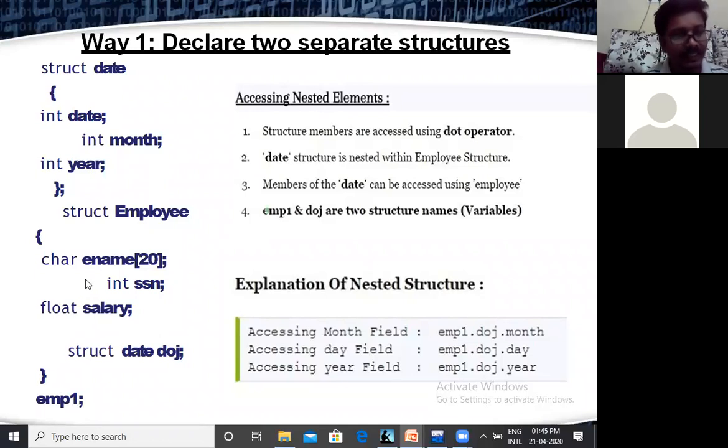Emp1 can access ename, SSN, and salary, and date is not a single value. Date can provide three types of information: date, month, and year.